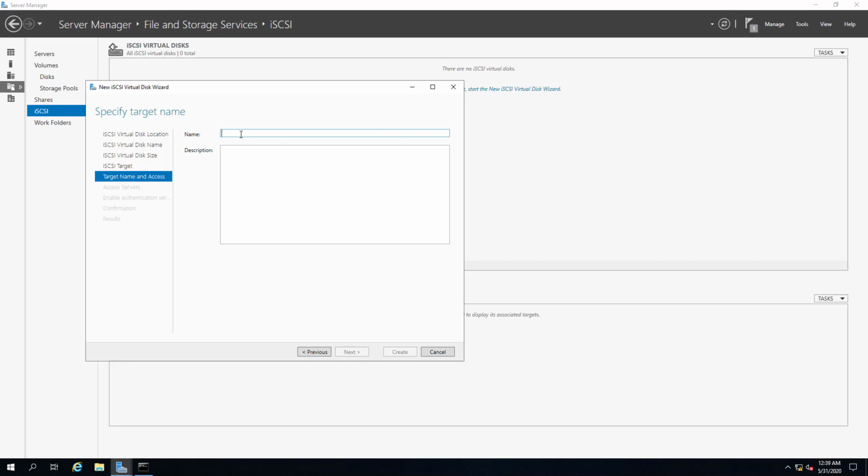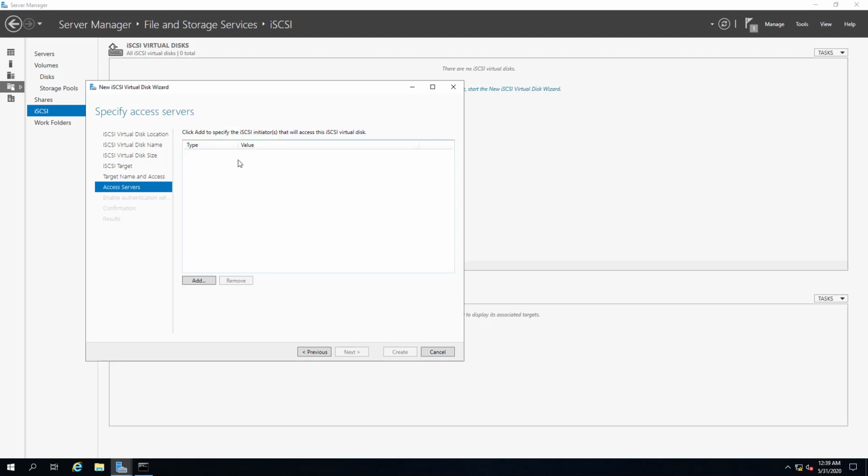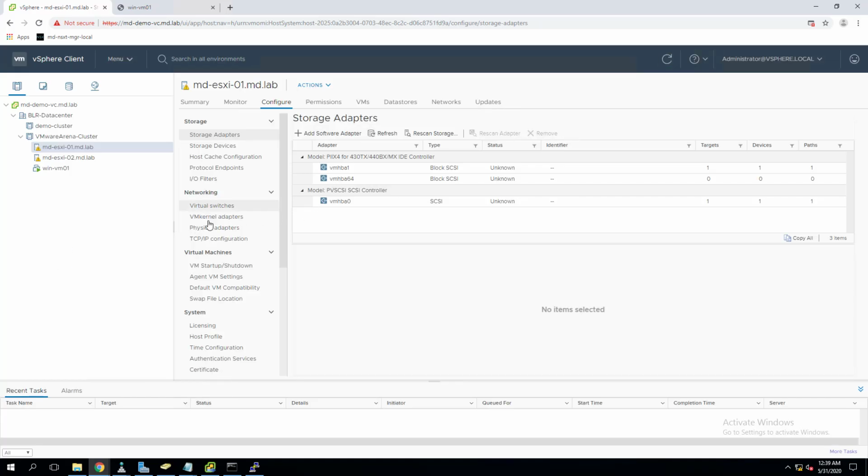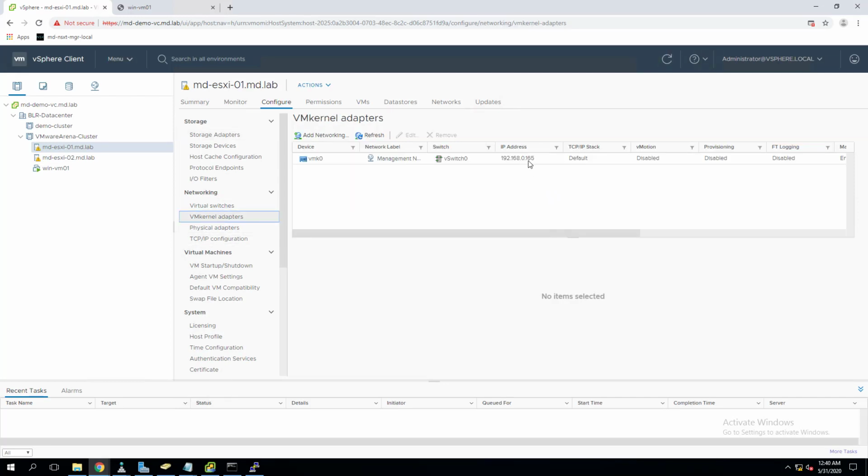Specify the target name and access. So specify the iSCSI target name. So it will be MDESXi host. Click on next. So we have to add the iSCSI initiators. It means I have to add my ESXi host details here, right? So I can add an IP address, or I can give the iSCSI controller a WWN number, something like that, right? So let's give it by ESXi host IP, which is